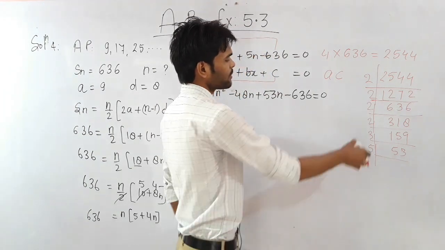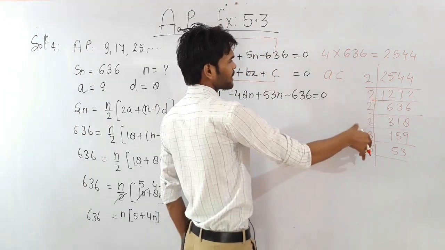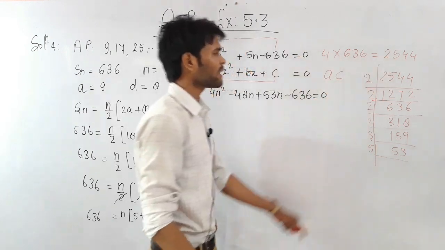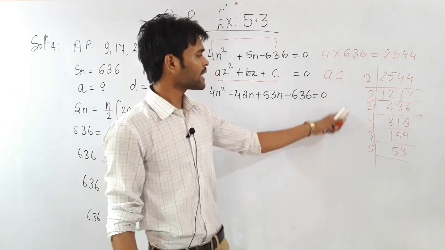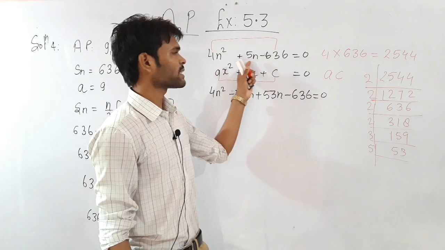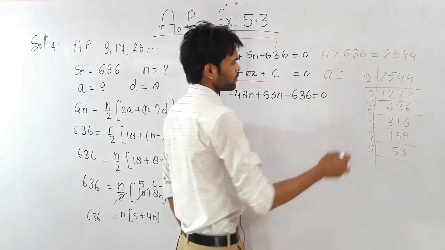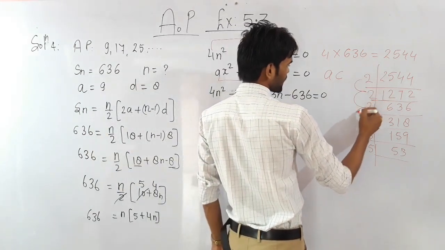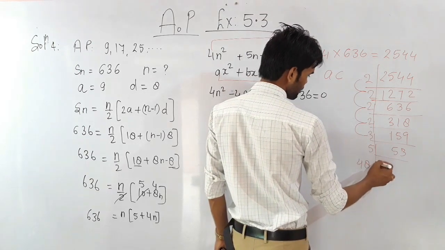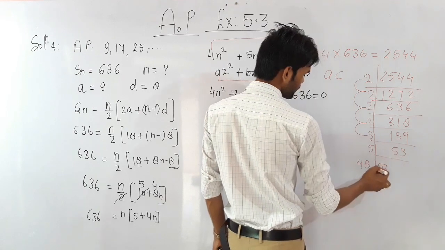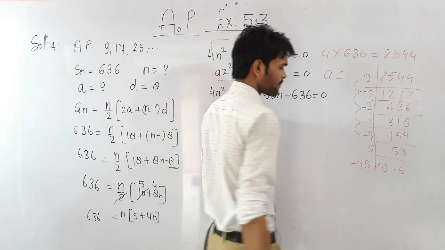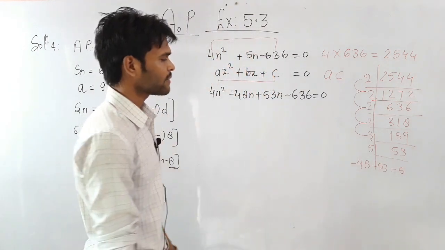Now we have to arrange in such a way that the product will of course give this 25 44, because we have factorized 25 44. Now we have to arrange this so that it gives the value of the coefficient of x. Okay, so you may do it as 2 2s are 4, 2 4s are 8, 2 8s are 16, 3 16s are 48. Okay, and plus 53. If you subtract 48 from 53, then it will give you 5.